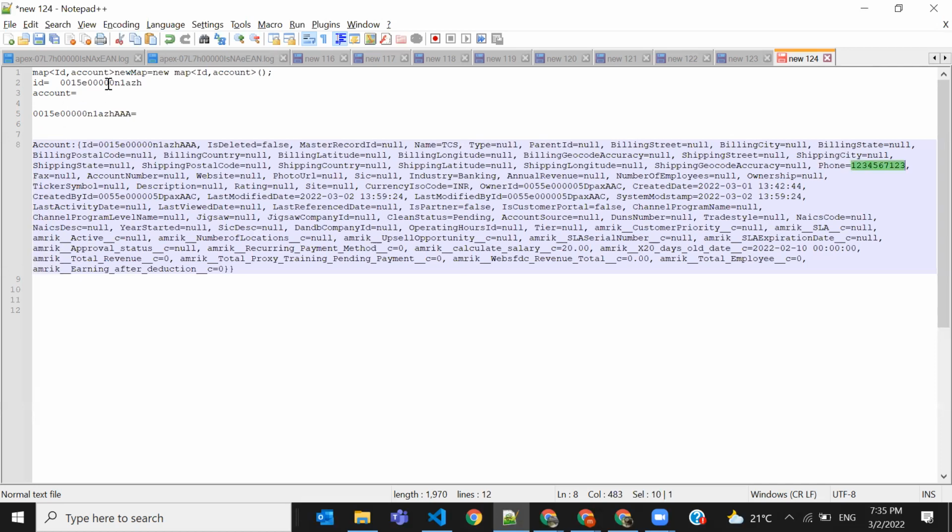From this map, let's say I have this map. Okay, I have this map and I have put all this value. Consider all this information you have in this account and this ID you have in this ID. Okay, now if I want to get this phone number